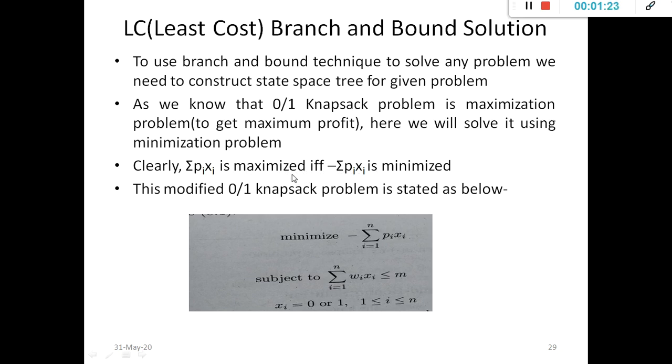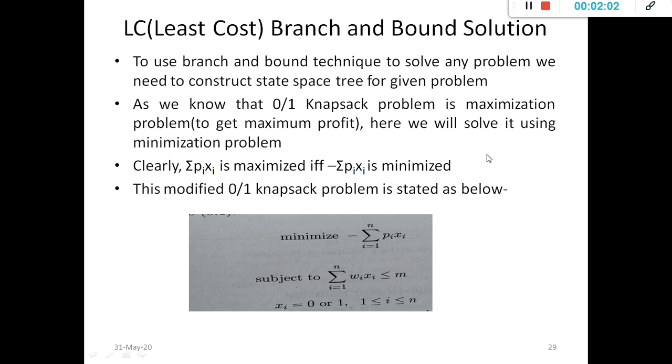Then by applying the least cost branch and bound technique, we get the modified formula for the 0-1 knapsack problem as shown. Minimize equals minus the summation of i equals 1 to n of pi into xi, where n is the number of objects we consider for the 0-1 knapsack problem, pi is the profit associated with object i, and